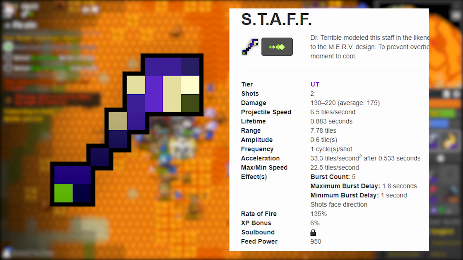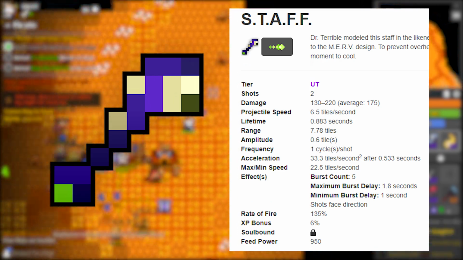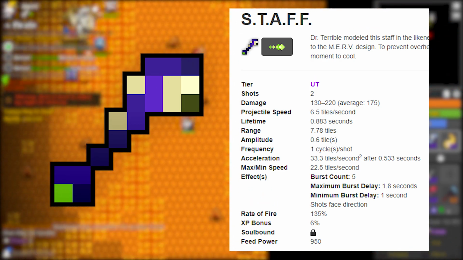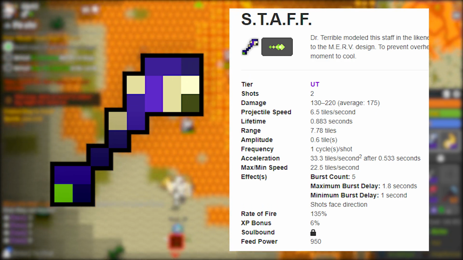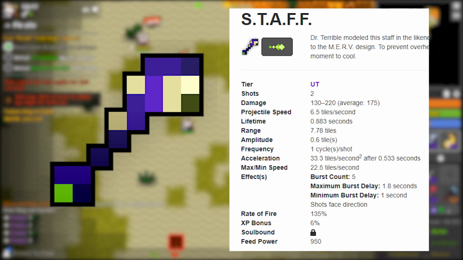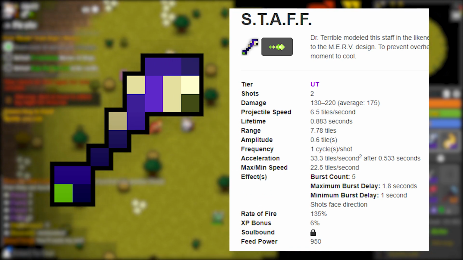Which is the main problem of this staff. Other than that, this is just a nice staff actually. I haven't tried it myself in production. I've tried it on testing, but I really like it there. So I think this is a nice contender for, let's say, the top 3 staffs, since it is actually usable